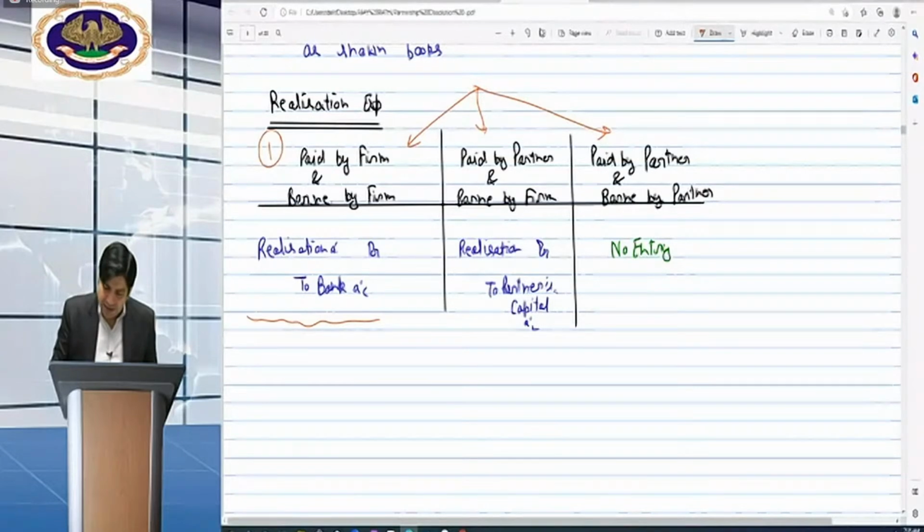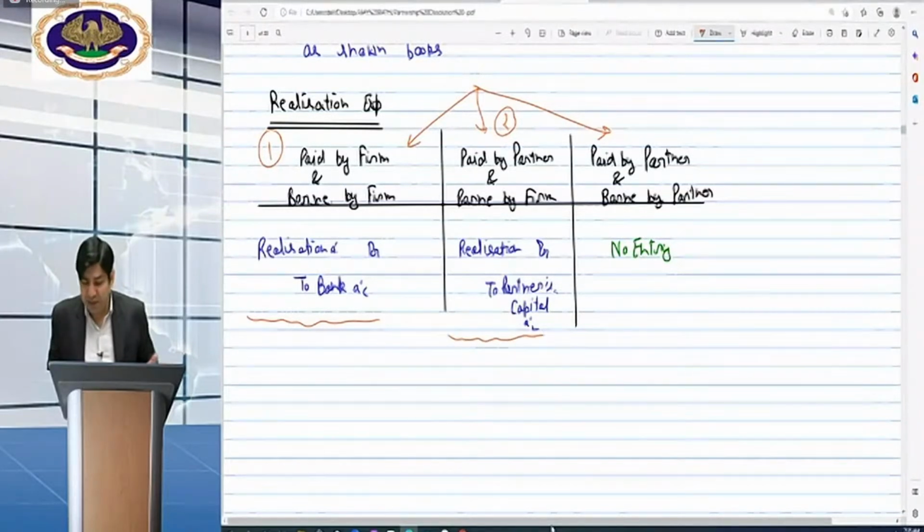In the same case, second point: if paid by partner, but it was the expense of the firm. So first the firm will debit its expense, and where are the expenses being debited now? To the realization account. Hence, the realization account will be debited. But who is the payer of the firm's expense? The partner. Hence, crediting the partner's capital account. Now, the third point is that if the partner is the person who has to bear and who has to pay, then there is nothing to record in the books of the firm. Okay, beta? The difference between paid and borne.